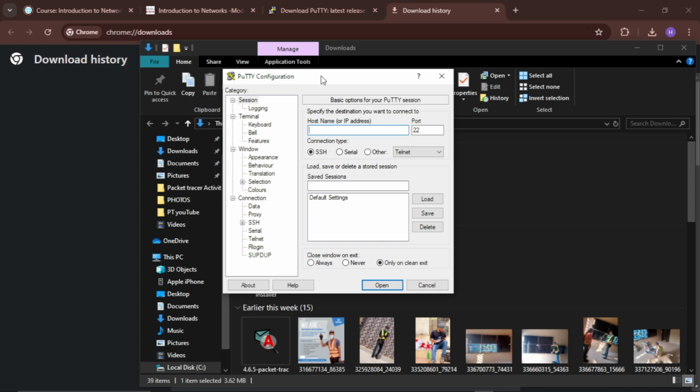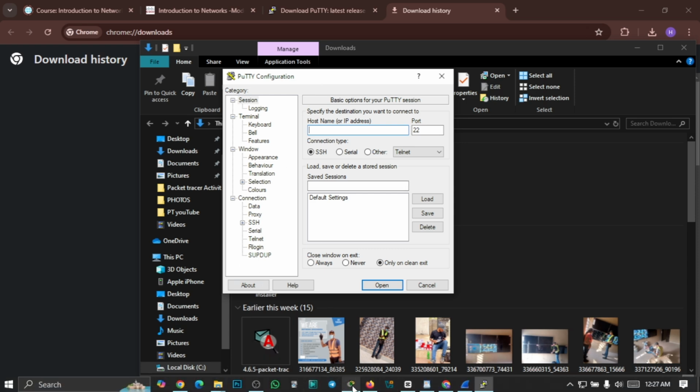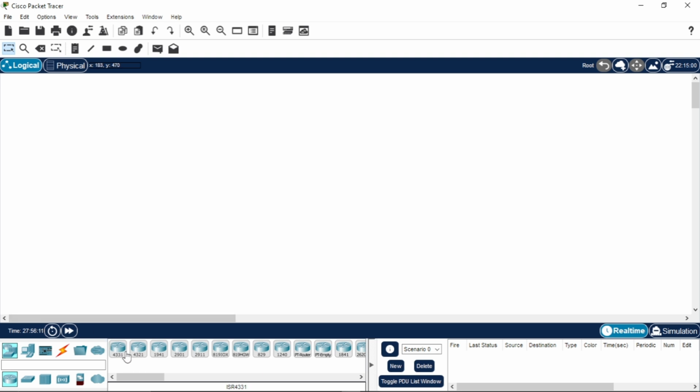Okay, let me explain something here. Before you start using this software, remember, like I said, you need to be on site. Okay, you need to have your system and you need to have the router you want to configure available. All right, so let me assume we are on site. Let me open Packet Tracer. Okay, so let me assume we are on site and we have our, okay, let me use this router. So we have this router